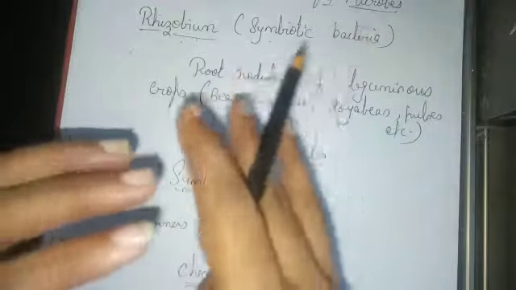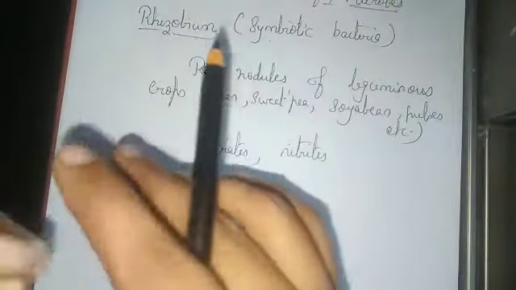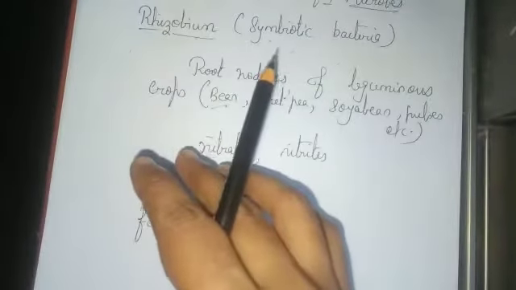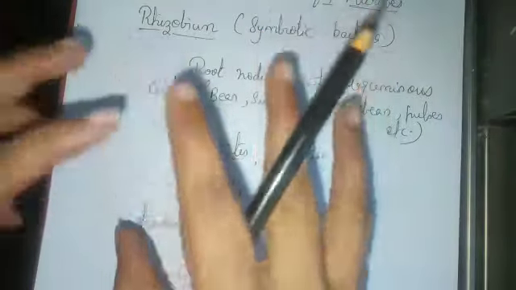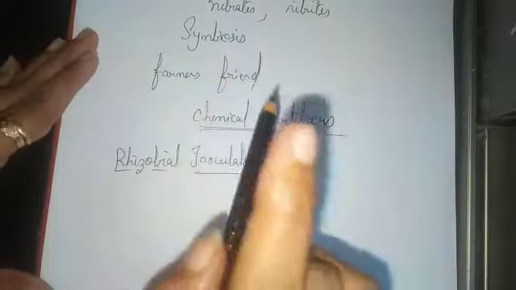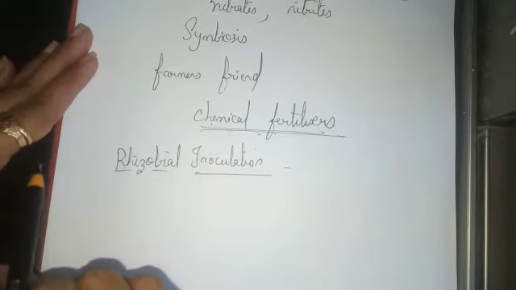And for that, after the harvesting also, they cut down the roots of these crops and put them back into the soil, so that the bacteria present in the roots will fix the nitrogen into the soil and maintain the fertility of the soil. But children, only the rhizobium bacteria present in the leguminous crop may not be sufficient to increase the fertility of the soil. So nowadays the farmers have started an artificial method which is called rhizobial inoculation.